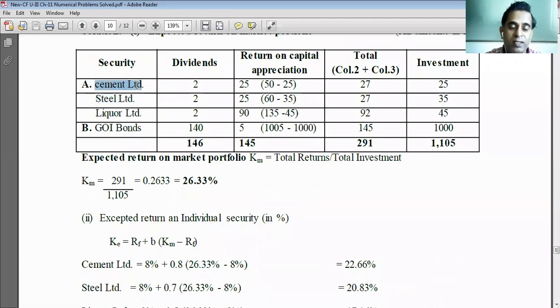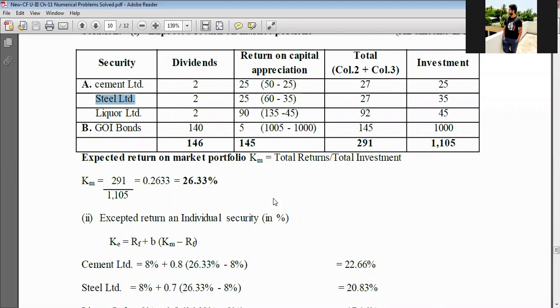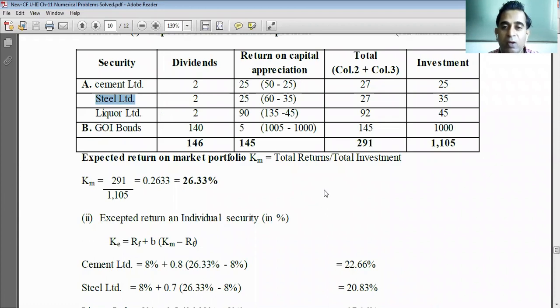equity shares, these are equity shares, and there are two approaches to find out cost of equity capital. Who remembers what were the two approaches of calculating cost of equity capital? Book value method and market value. No, I am talking about equity capital specific costs, not weighted average cost of capital.